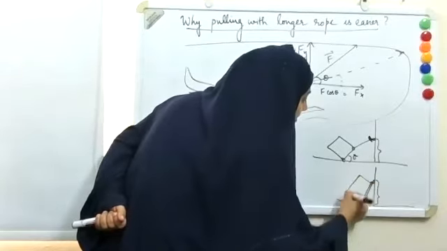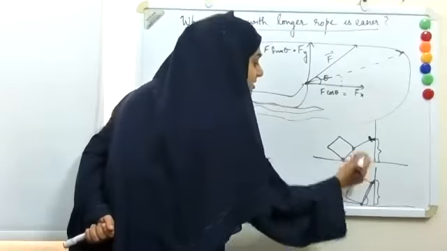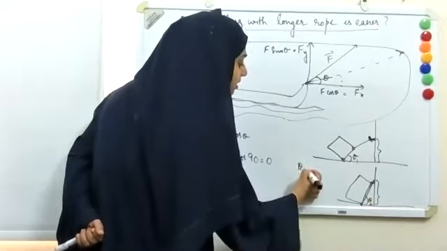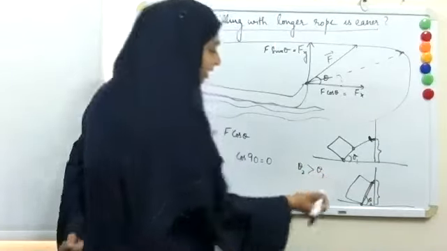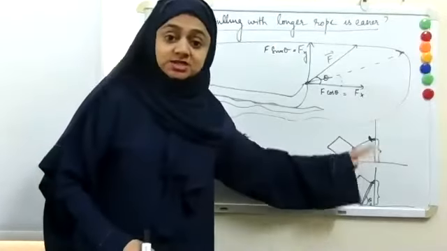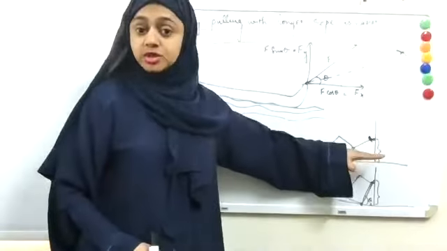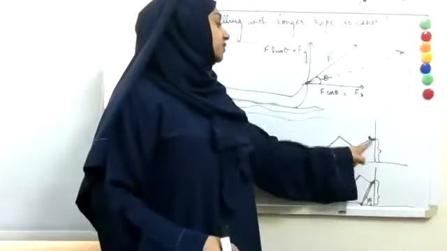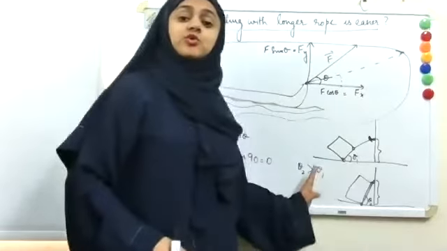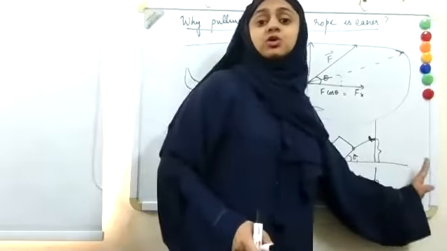They did not elongate. So what about this angle? This angle is more than this. If this is theta 1 and this is theta 2, you can see that theta 2 is more than theta 1. So our idea is to reduce theta so that the cos component, the horizontal component, will be more, and that will provide more horizontal component of force and help to move the